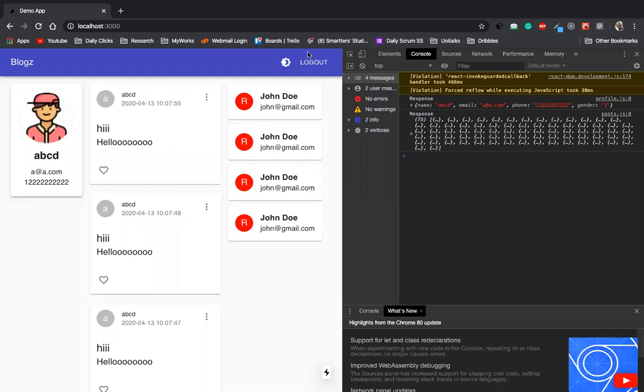Also, we will add a button in the profile card to add a post, or you can add the button inside the all posts layout, so we can add it for our post addition.